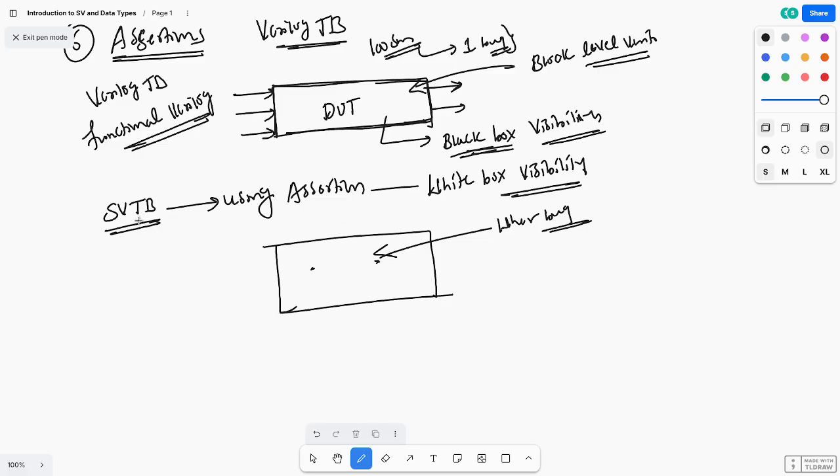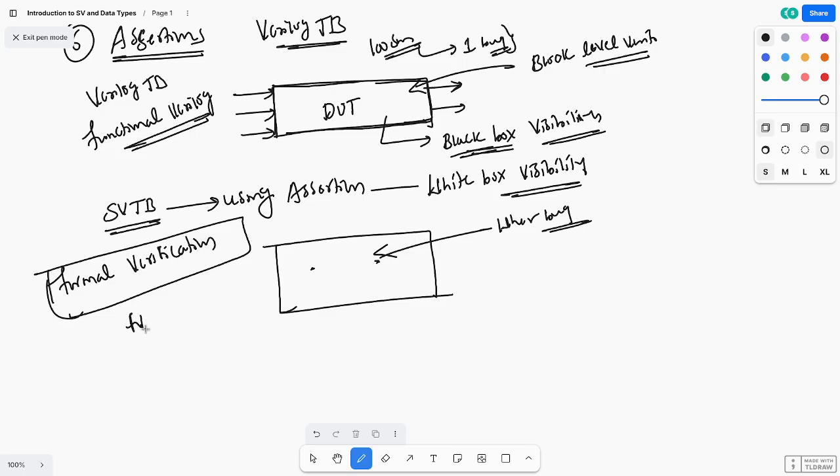So in SVTB, we are mainly using assertions. That is what formal verification is. There are many job opportunities in formal verification. They want FV engineers, and FV engineers need to be perfect in assertions. Assertions is a separate topic. It will take, I think, one week of time. After completing code coverage, functional coverage, and the dual port RAM project, I will